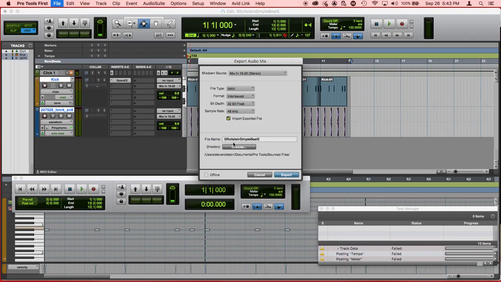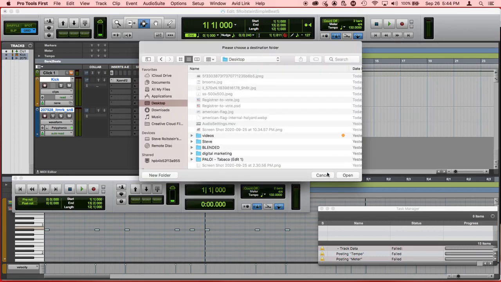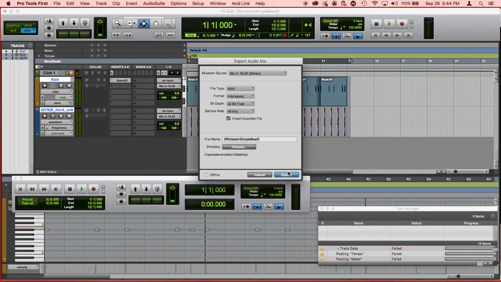Now, this is actually going to go somewhere locally, so that's nice, that at least I'll have my WAV file mix on my computer. And it's telling me it's going to Users, my name, Documents, Pro Tools, Bounced Files. Good, so that's fine. Or if I wanted to make it easy on myself, I could just say, nah, I don't want to have to go there, and put it on the desktop. Either way is fine. As long as you know where it is, you can always find it later. Click export,